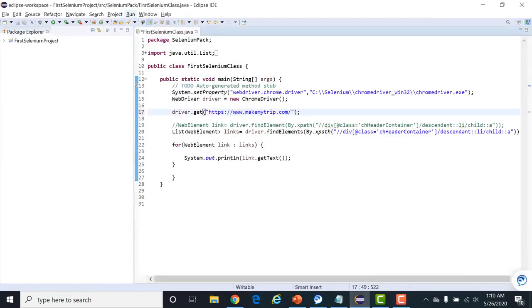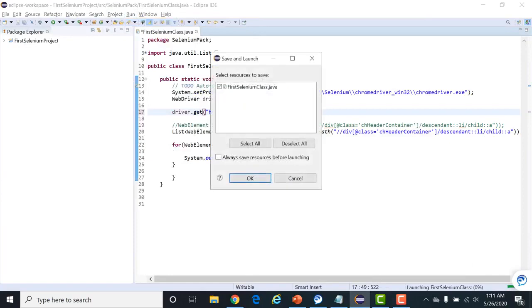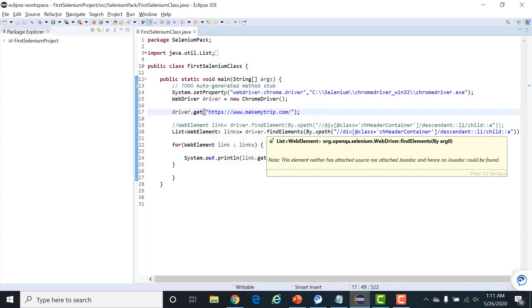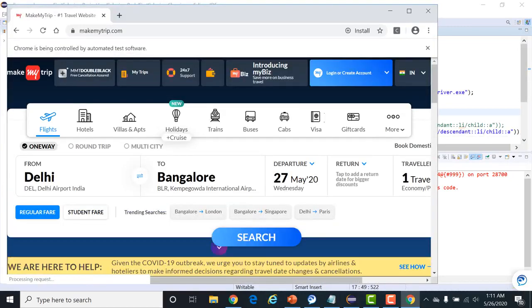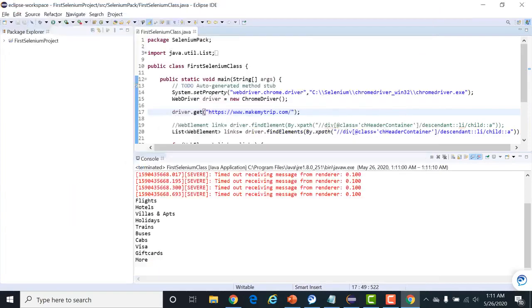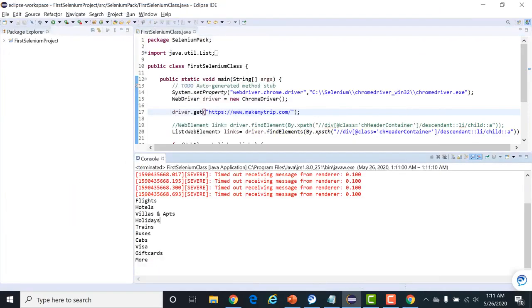Now let's run this again. It launched the Chrome browser. Okay, it launched the MakeMyTrip application. See what is happening here. We got all the text, right? We got the flights, hotels, villas, APTs, holidays, trains.